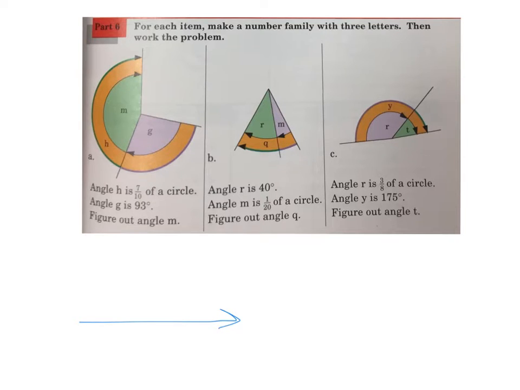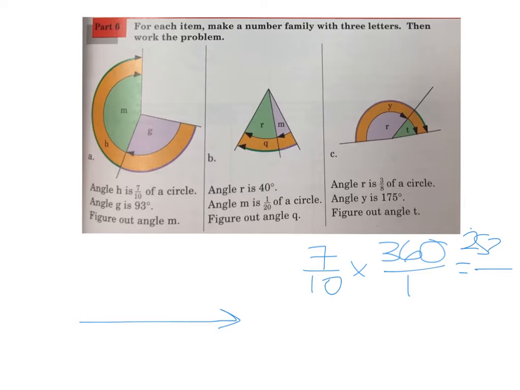So when we say 7/10, when I have 7/10, and then I see the word of, I know that of means multiplication. And for circle, we remember that circle is 360 degrees. So I'm going to solve this problem before I put it into the number family. So in multiplying fractions, I have to put my hidden number 1 over here. And so when I work the multiplication problem straight across the top, I'm going to do 7 times 360, what will get me, which is